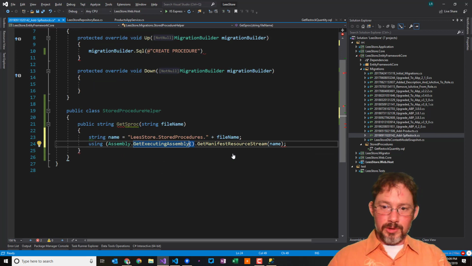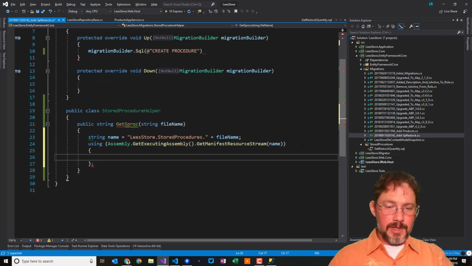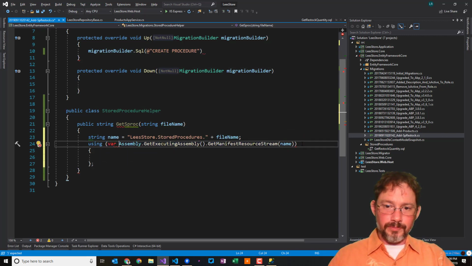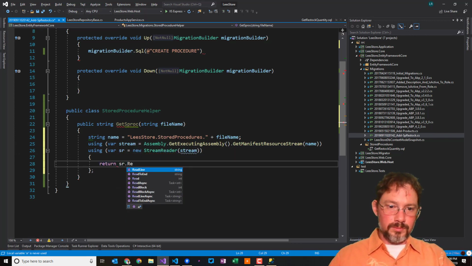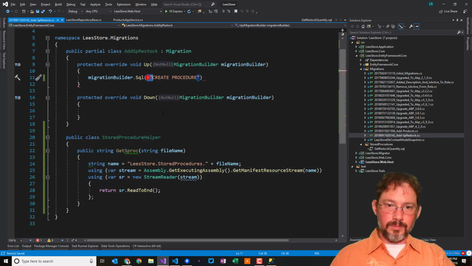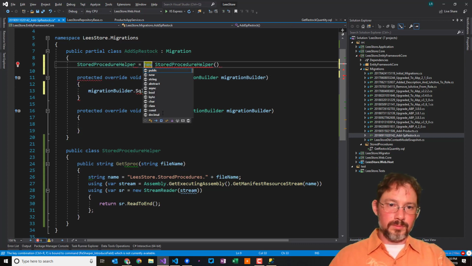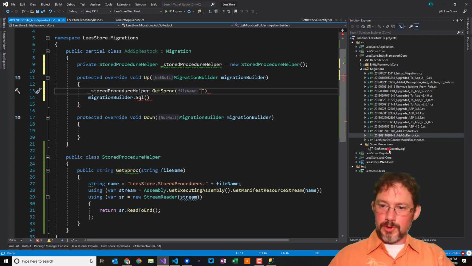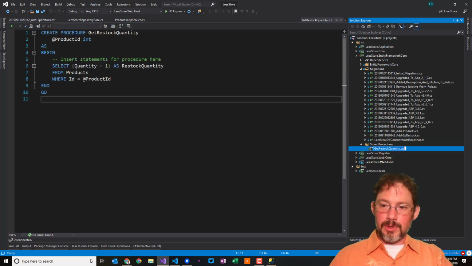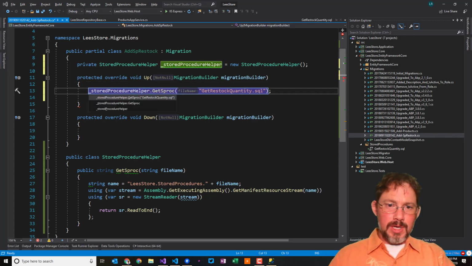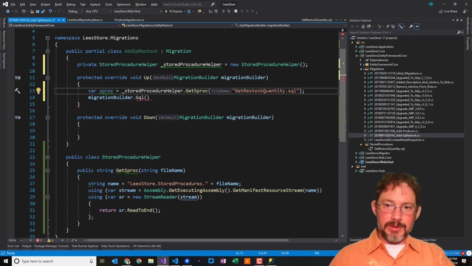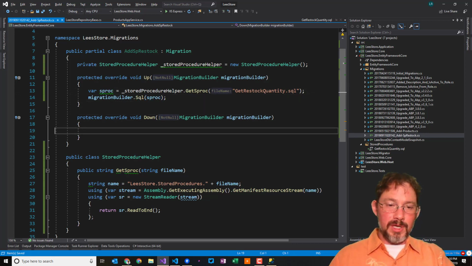And we should really be good citizens and do a using statement so that it will close off when we're done. Now that just gets the manifest resource stream. We need to convert it into a text stream. This is called GetRestockQuantity.sql. So ideally, if that's working the way we expect it to, that should return the sproc itself, the contents of that file, and then we want to execute it, and that should be enough to make it go up, and then to make it go back down,